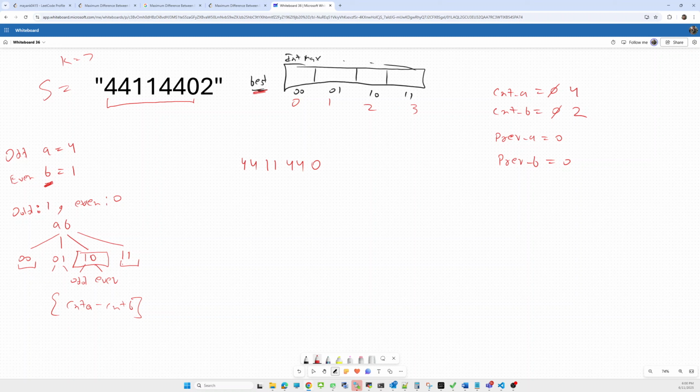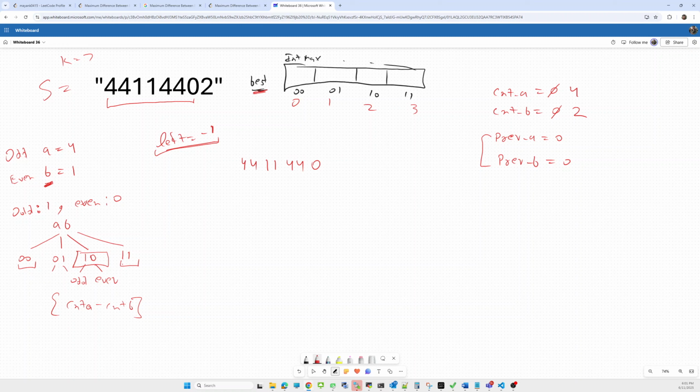Suppose initially our left pointer is pointing to -1. Initially we'll update the previous state based on the previous count of a and b.